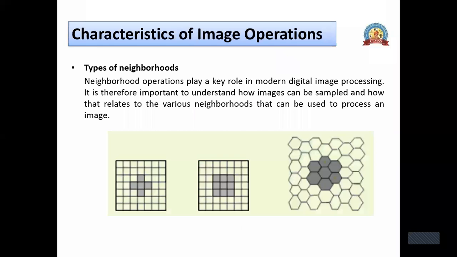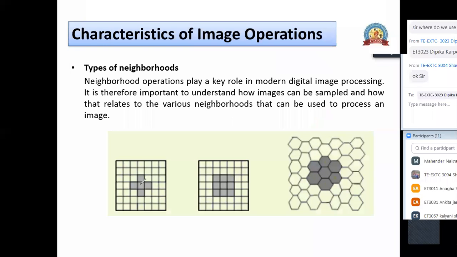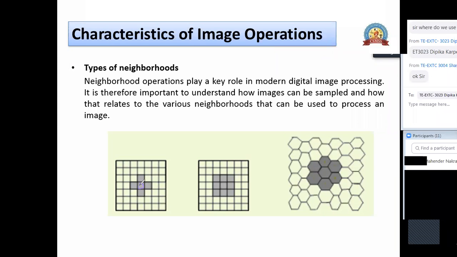Sir, can you just repeat what are the different neighbors, sir? Neighbors point. So let me do this again. This N4 neighbors. So we are talking about neighbors of this particular pixel, the center pixel. So these are the neighbors of this center pixel. N4 neighbors are the direct horizontal or vertical neighbors. Vertical neighbors are these two neighbors. Horizontal neighbors are these two neighbors. So we say this as N4 neighbors.